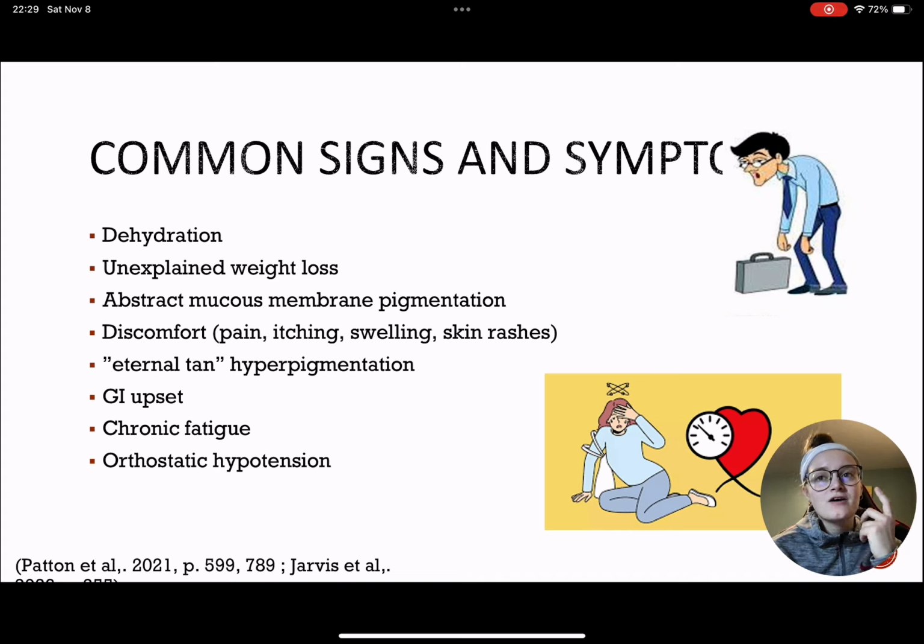We also have, I have it labeled there as, discomfort. So we're going to see pain, itching, swelling, skin rashes. Although rashes and itching can be tied to a lot of autoimmune disorders and diseases, like for me, for example, I have eczema and psoriasis, and I have inconsistent patches of swelling, itching, and rashes on my skin. These are kind of dead giveaways for autoimmune conditions, and we can see that with Addison's because it is that.